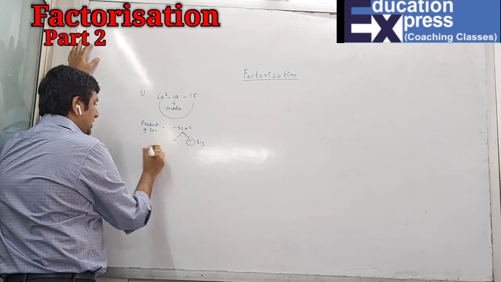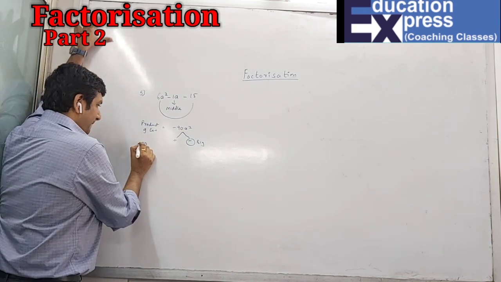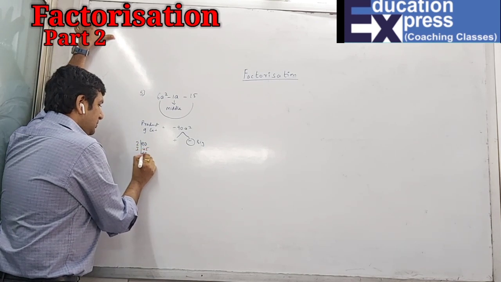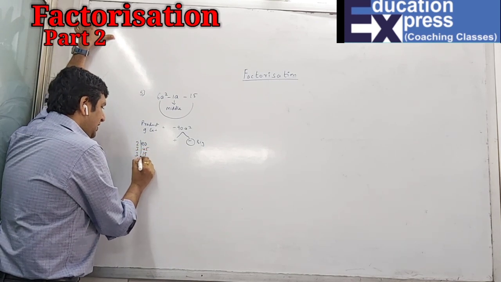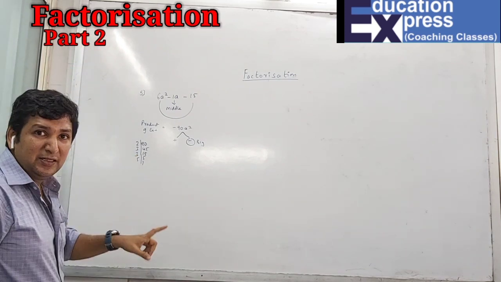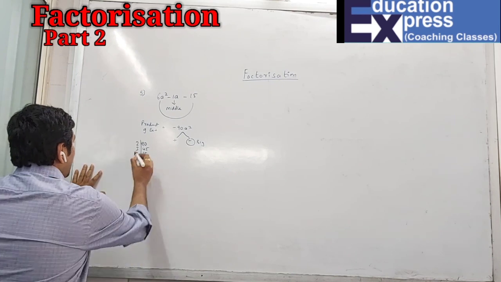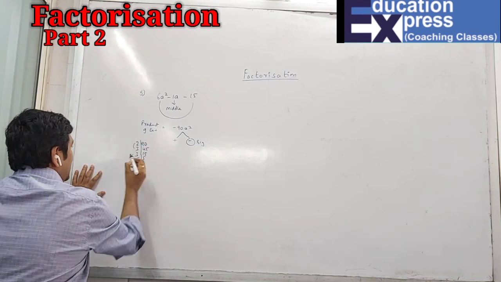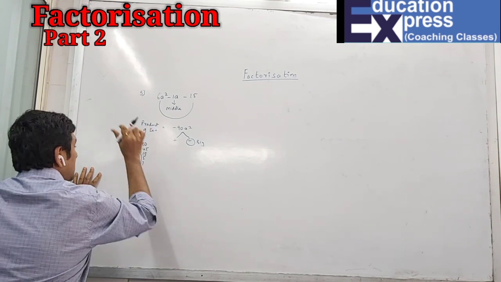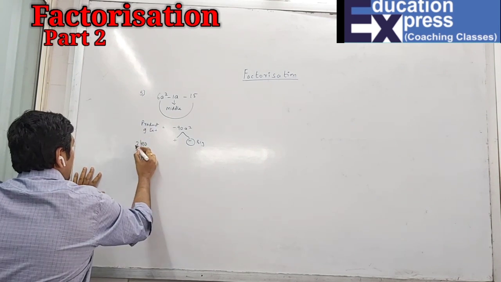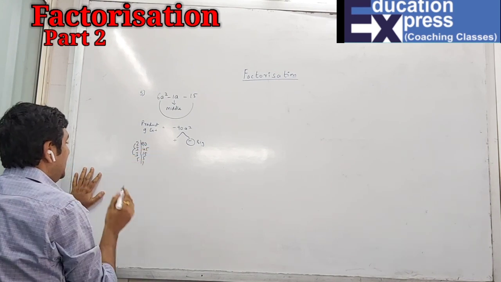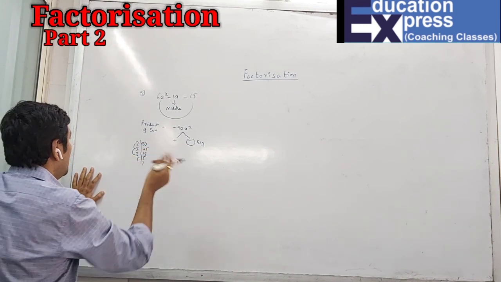So here the factors of 90 are 2, 3, 3, 5 and 1. So I have to find 2 factors which I will subtract and get 1. So first I take, let us say, 2 3s are 6 and then 15. 15 minus 6 is 9. Not possible. Okay, so I can definitely try this: 2 3s are 6, 6 3s are 18. 18 minus 5 is 13. Not possible.